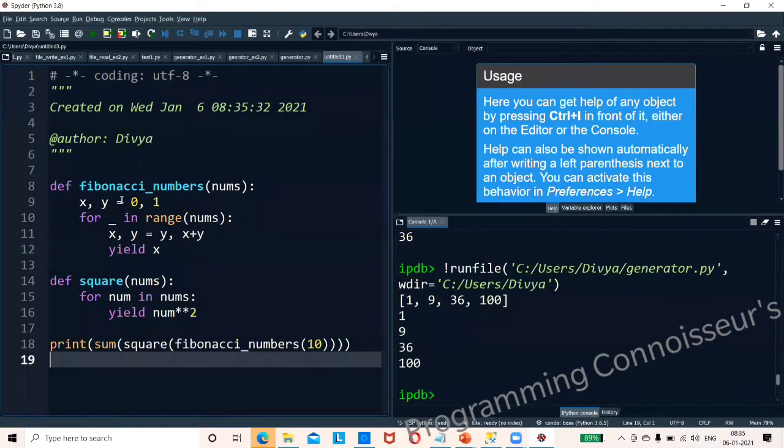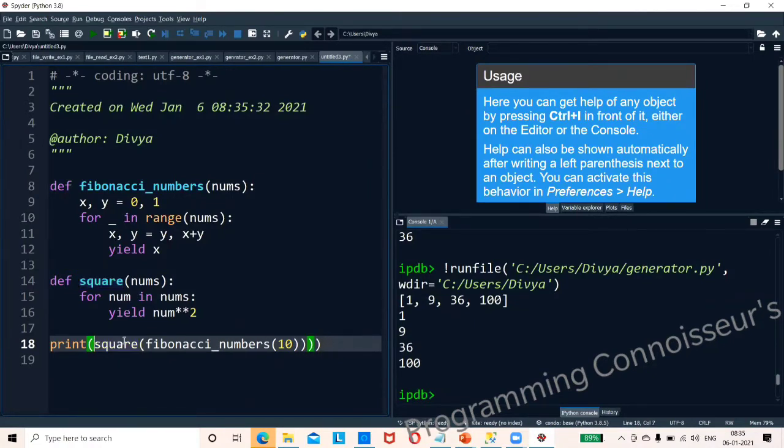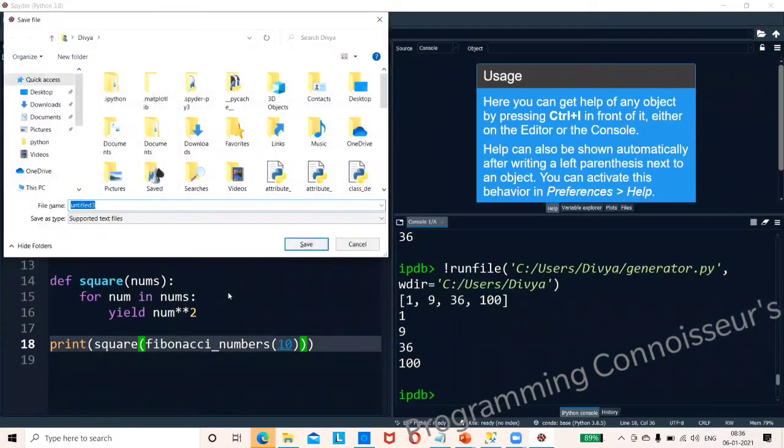We are trying to do a Fibonacci series of squares of numbers.